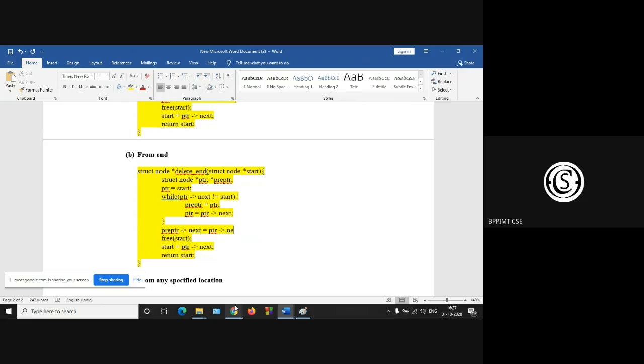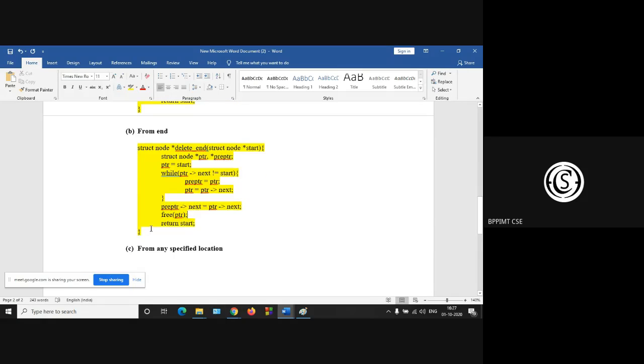So PTR arrow next as PTR is the last one. Then free PTR, free PTR and return the start. So this is the delete from end. Okay.